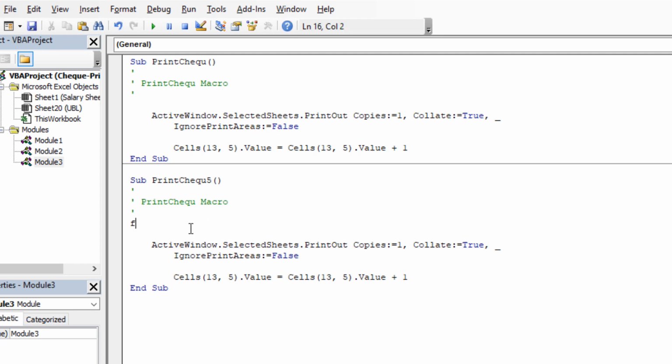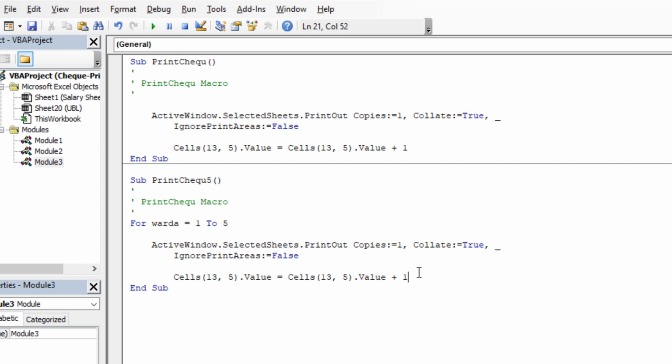Instead of print check, I say print check 5, and I use a for loop. So for somebody complained that why not my name, why it was Nasser name. So let's say for Varda is equal to 1 to 5.